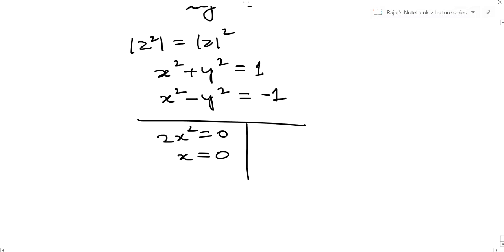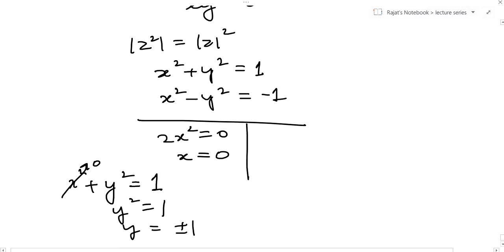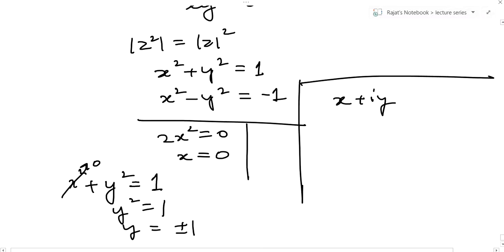Okay, x is equal to 0. The other information that we have is x square plus y square is equal to 1. x is 0, so y square is equal to 1, so y is equal to plus minus 1. So what do we get finally? x plus iy. So 0 plus i and